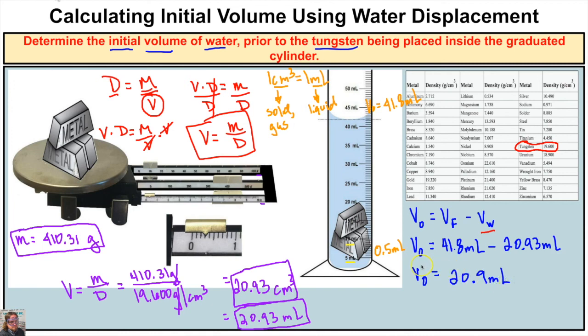milliliters. And now keep in mind that when you're doing this problem right here, we'll have to pay attention to the rules of significant figures when we add and subtract, because this measurement here only has 1 decimal place and this has 2 decimal places. We have to round our final answer to the smallest amount of decimal places in the measurements that we added or subtracted. So because this is 1 decimal place, our answer here had to be 1 decimal place. So the volume of the water that was in this graduated cylinder prior to us putting the metal in here, it appears to be